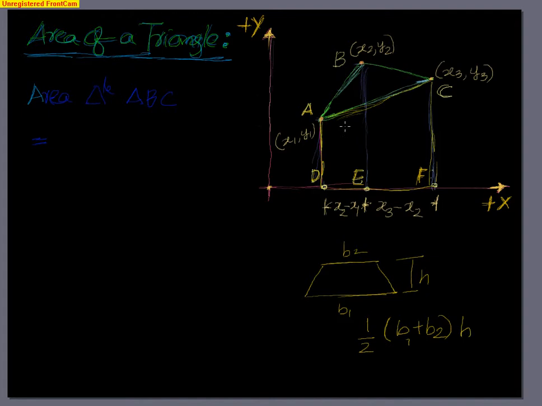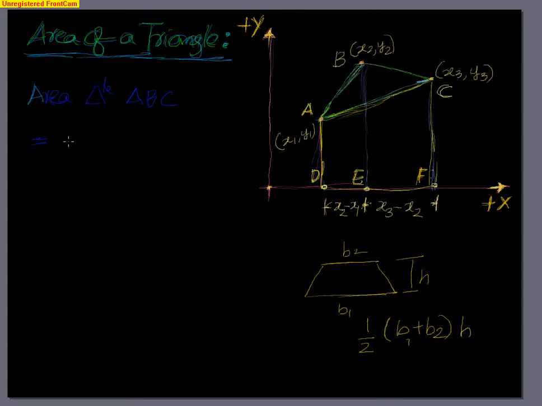Let me repeat that again. See here that two quadrilaterals are trapezoids in this case. ADEB is one trapezoid, BEFC is one trapezoid. You include them, you will get the area of DABCF, right? Now from there you have to subtract something to get the area of triangle ABC. So we will be subtracting ADFC, again one more trapezoid. So you are adding two trapezoids and subtracting one trapezoid to get the area of the triangle ABC.